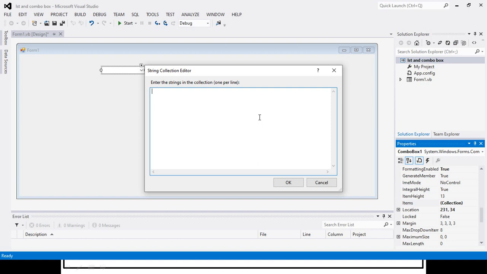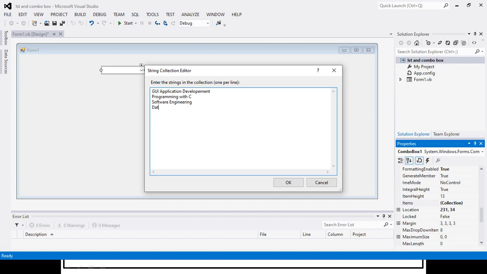My first subject name is GUI Application Development. After that, second is Programming with C. After that, Software Engineering.